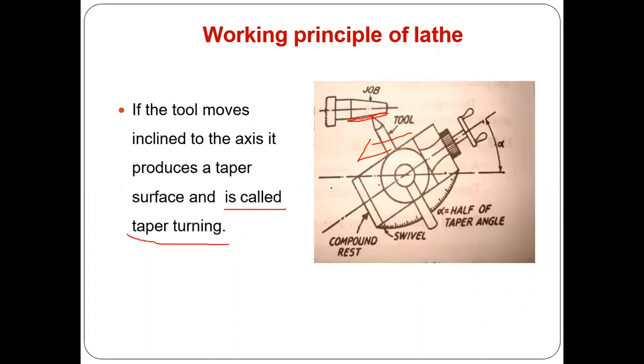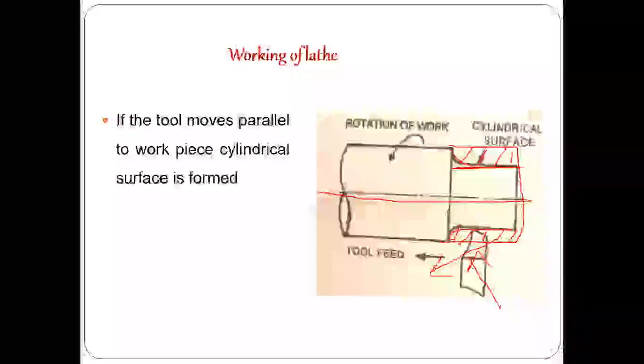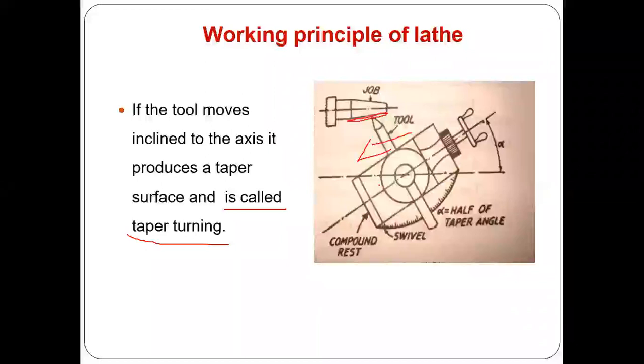The process we do on the lathe machine is called the turning process. If you're producing a taper surface, it's called taper turning. If you're producing a cylindrical surface, it's called plain turning. And this is for taper turning, to make a taper kind of portion. I hope you know what a taper is, right? If the outside surface of the object is parallel to the axis, it is called a cylinder. If it is inclined, it is called a taper, right? You know this. Here we are doing the same thing.